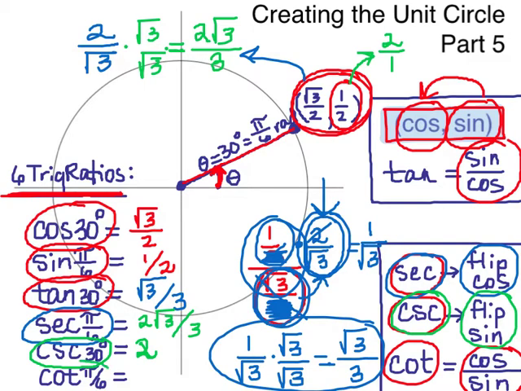And then finally, cotangent of pi over 6. Cotangent is the flip of tangent, but since you only have cosine and sine in your ordered pair, it's easier just to think of cotangent as cosine over sine. So the first one over the second one, which is the reverse of the way we did it with tangent. So cotangent is cosine over sine. If you remember, the co is on top, if that helps you. And so we want to put,